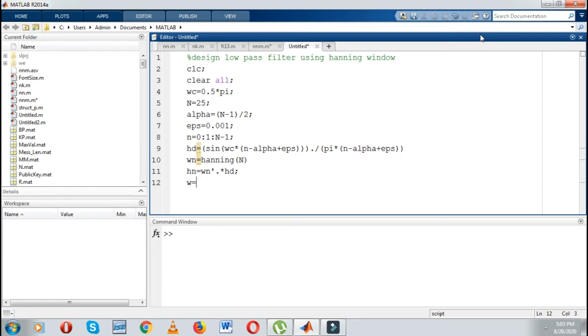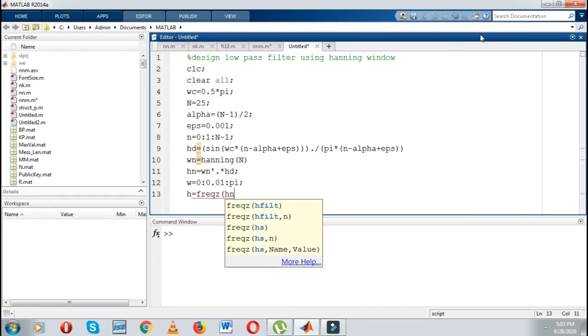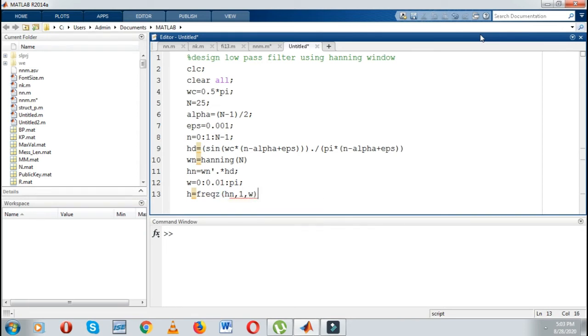frequency, angular frequency omega 0 : 0.01 : pi. So finally we know that we require a frequency response, so for that freqz in bracket h, comma 1, comma omega is nothing but the frequency response.